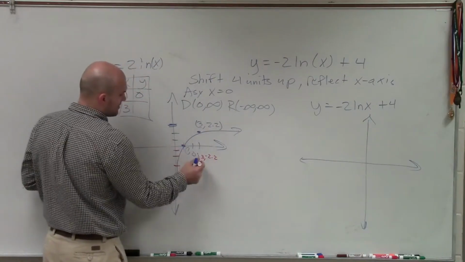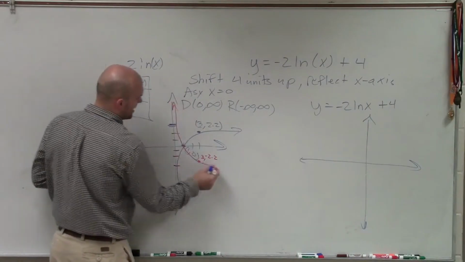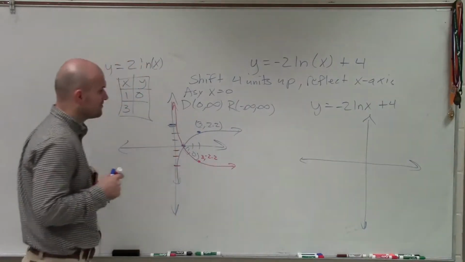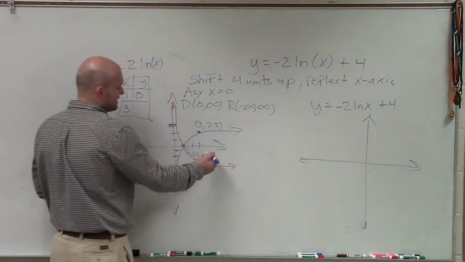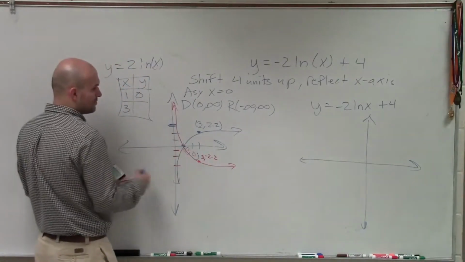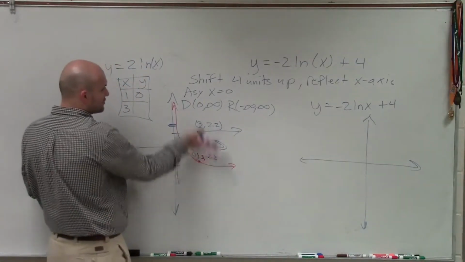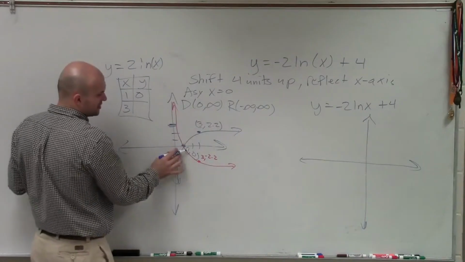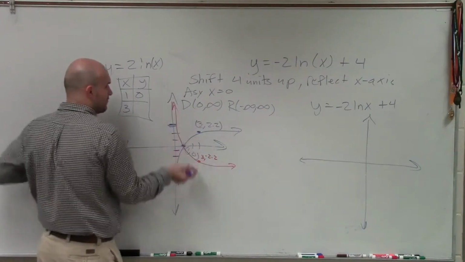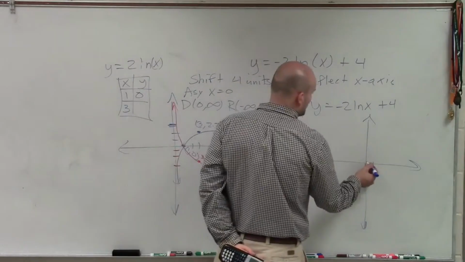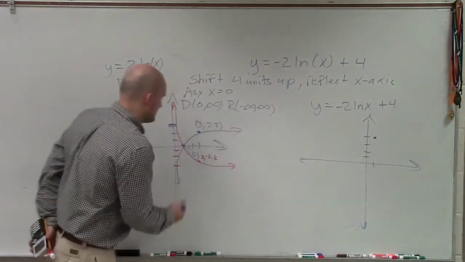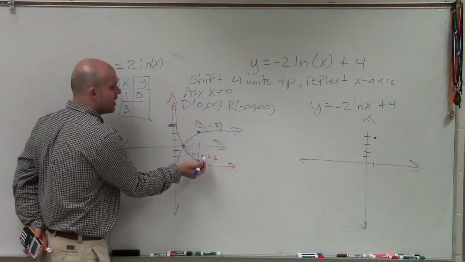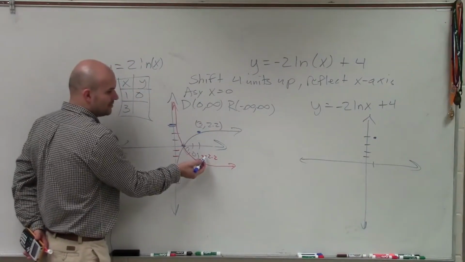Now this point is going to remain the same. Then I need to add 4. Well, if I'm now at 3, negative 2.2, if I shift this up 4, well, let's take a look at this first point. If I take 1, 0 and shift that up 4, it's now going to be over 1, up 4. 1, 2, 3, 4. And then this point, if I shift it over, it's still going to be over 3. But now if I add 4 to negative 2.2,